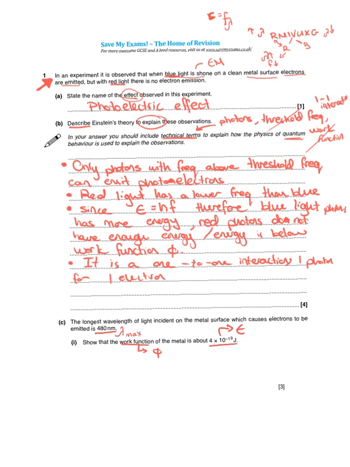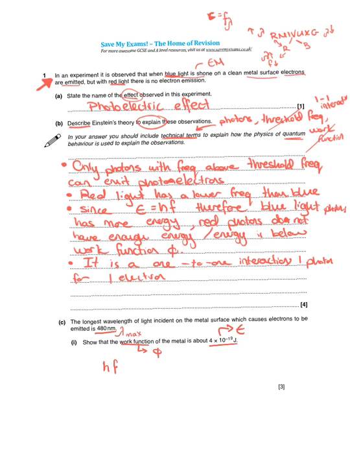Now once again, work function is one of the key terms that you need to be able to define. It is the minimum energy needed to remove an electron from the surface of a metal. So we know that, just to remove it, not to give it extra kinetic energy. And we already know that